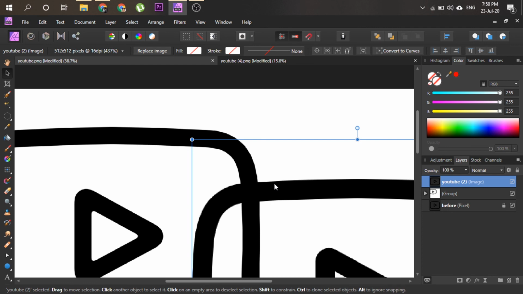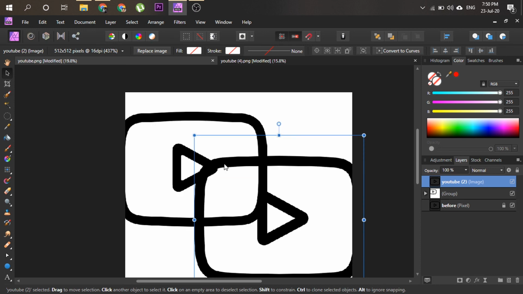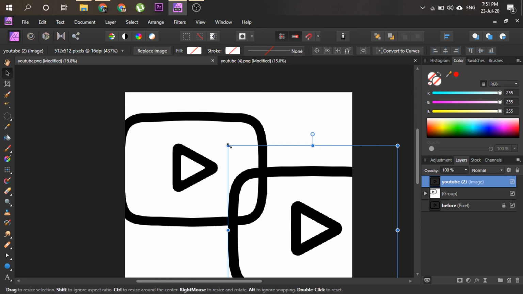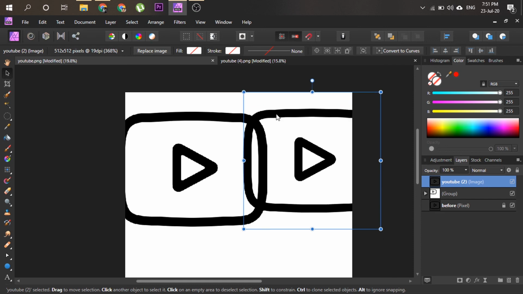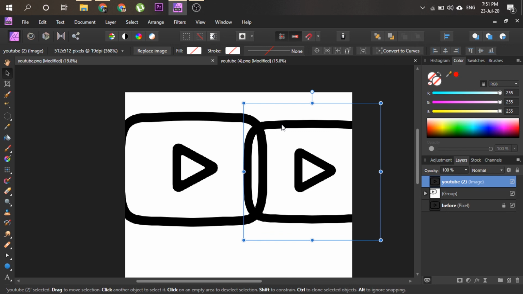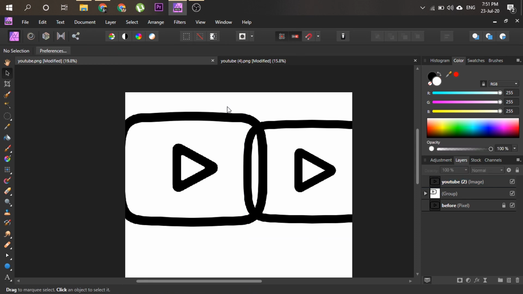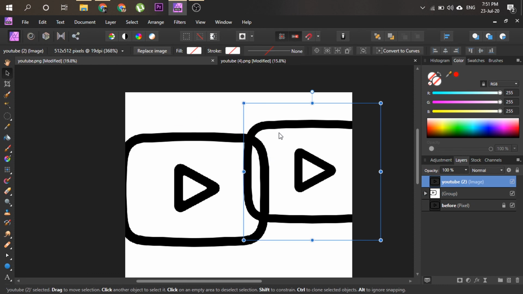So that's all for today's video, guys. If you have an image that has two colors, you can apply this technique, but if you have more than two colors in your graphics, then it will be hard to recover the accuracy of these graphics. Okay, so make sure whenever you download a graphic, you download it in high resolution pixels, or you can edit your high res or small resolution graphic which has more than two colors in Adobe Illustrator. Okay, so in future I will also make a video on Affinity Designer to make a high resolution image which has more than two colors. Okay, but right now, that's all for today's video, guys.